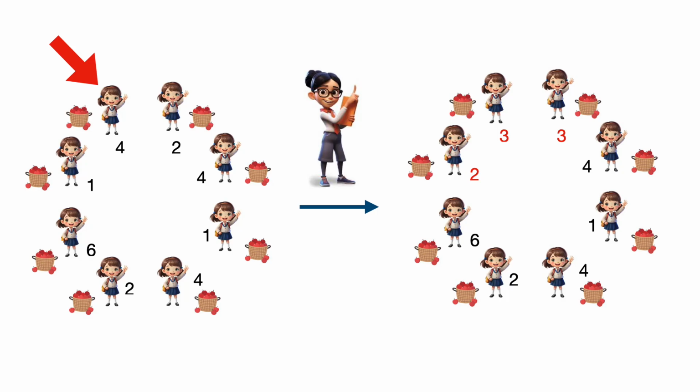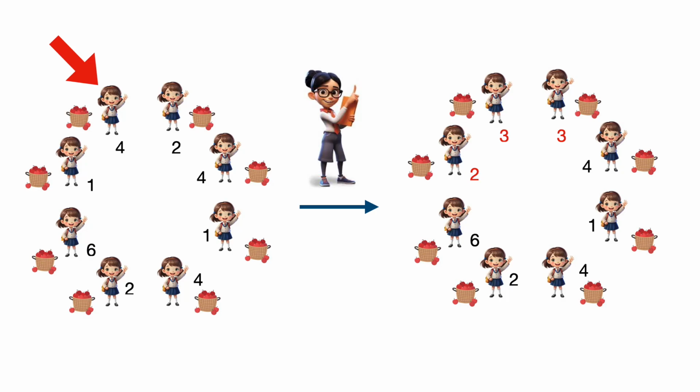Now if you look at this problem, as the teacher keeps redistributing the apples over and over again, it could go on forever, right? Because the number of apples seems to be increasing. The teacher always gives 1 extra apple because she takes away 1 but gives back 2, right? So is there any reason for it to go down? If you look closely, there is an answer. It might just be because the apples are distributing in such a way that the numbers are becoming closer to equal. 1, 4, 2 is very far apart, 4 is very far away from 1 and 2, but after redistribution, 2, 3, 3 are pretty close. But how does one write a proof that she cannot go on for infinite steps?